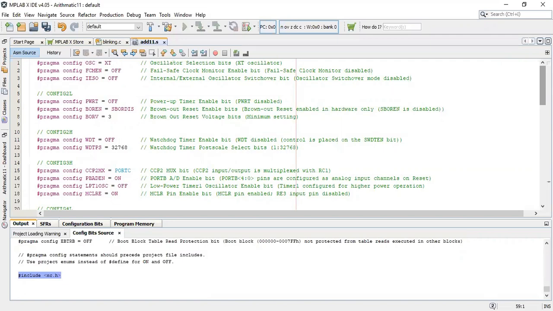Then brownout reset, power up timer, and watchdog timer, all these three things we are supposed to make off, and then we generate the code for this part of the program, and you can just copy the code and paste it in your main code.